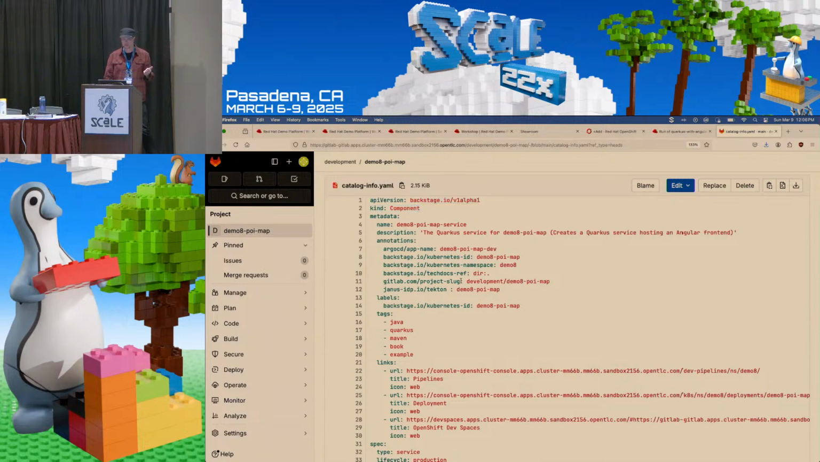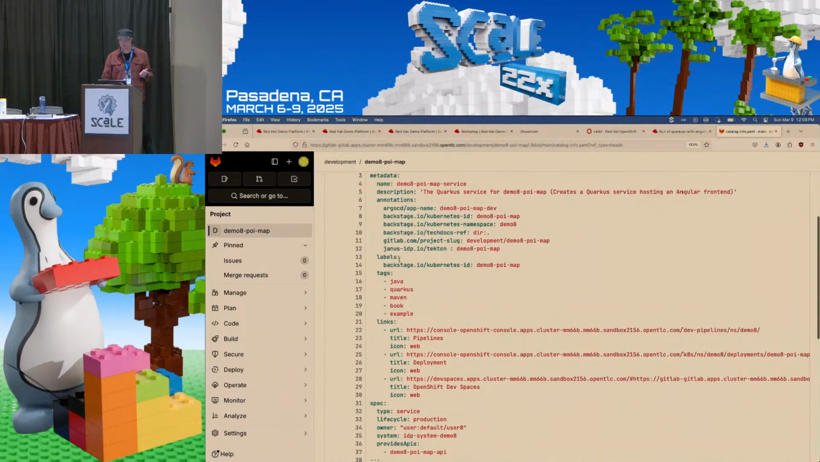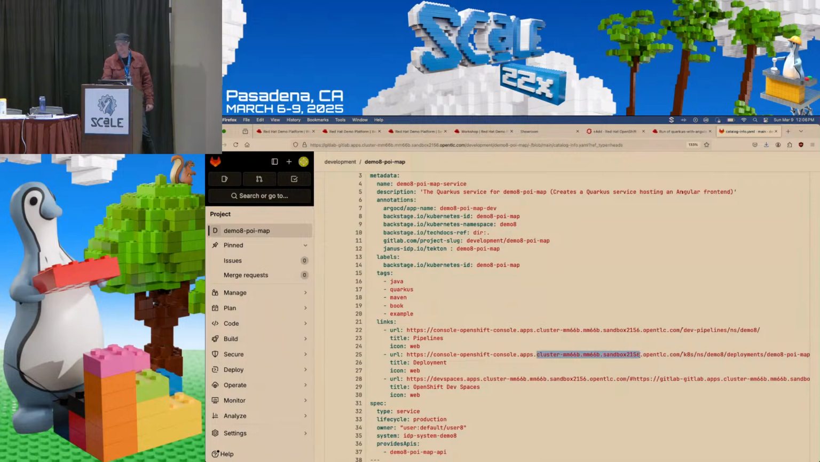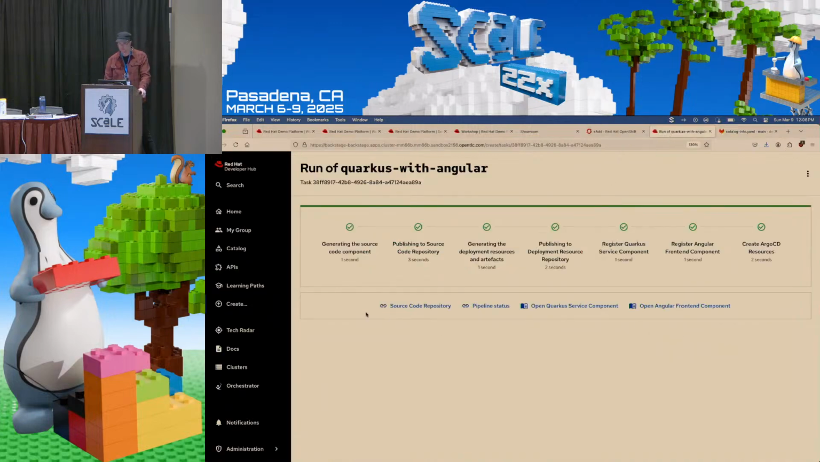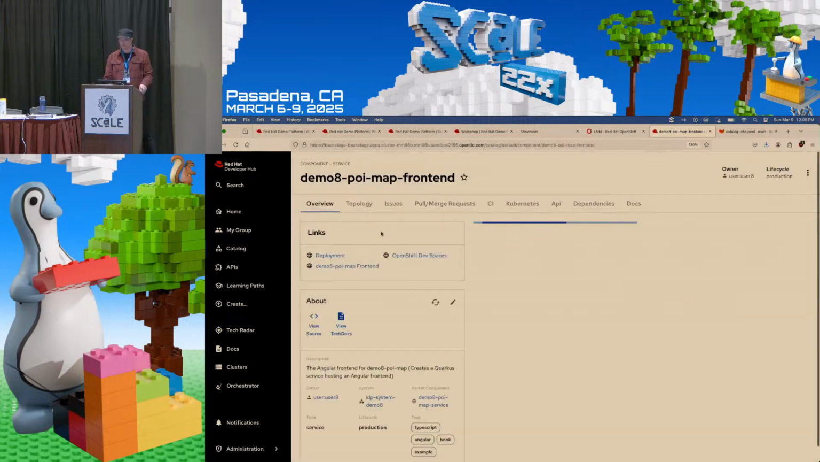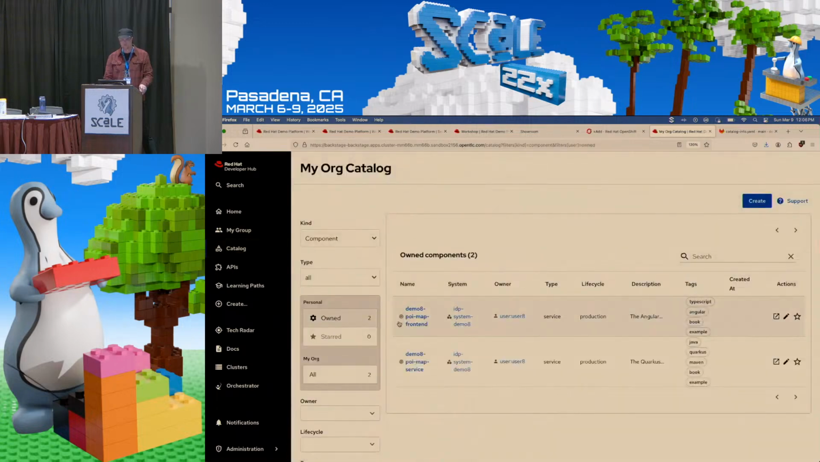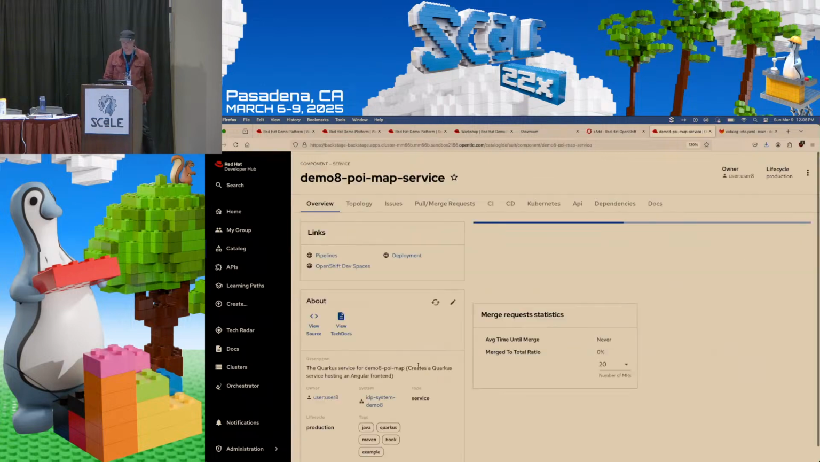The kind is component, and you can see in here, here are the links that we had in the template that now have the actual cluster ID injected into the string. So the templating actually worked, or the scaffolding actually worked, right? Here's the value injected in. And we can go, here's a link right to the source code, or we could also open up the component either directly there or from the software catalog. So here's the